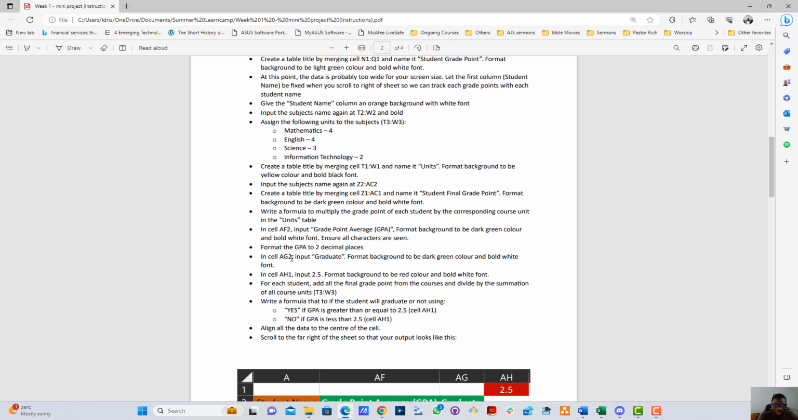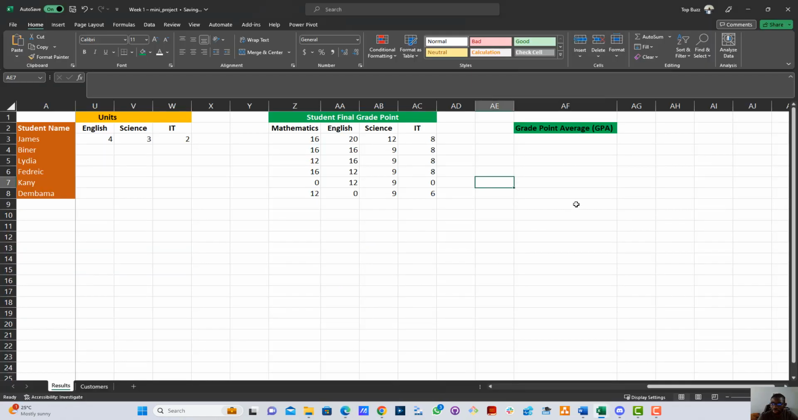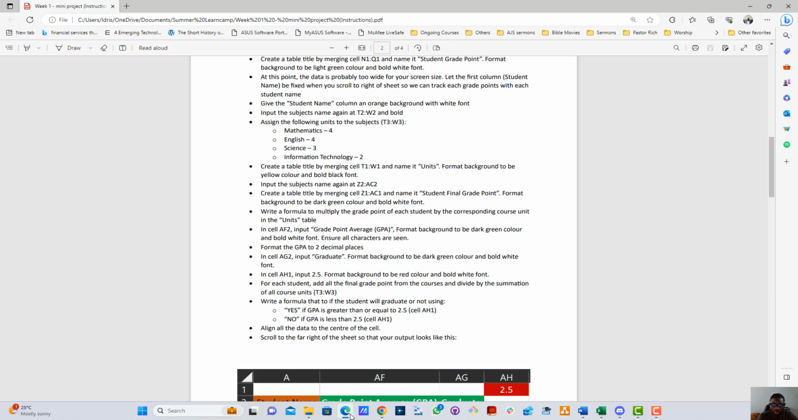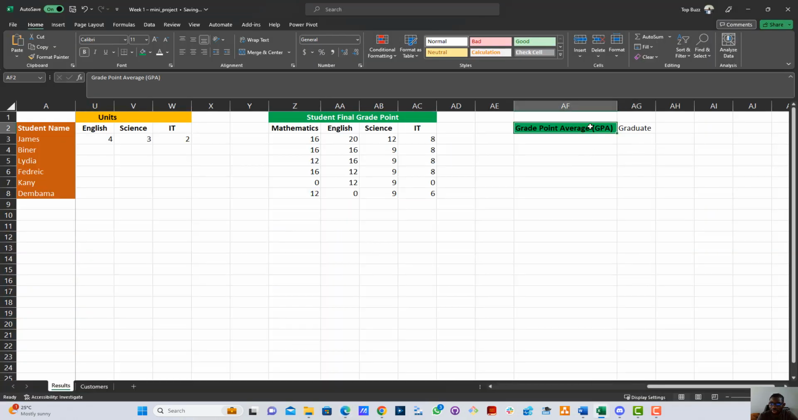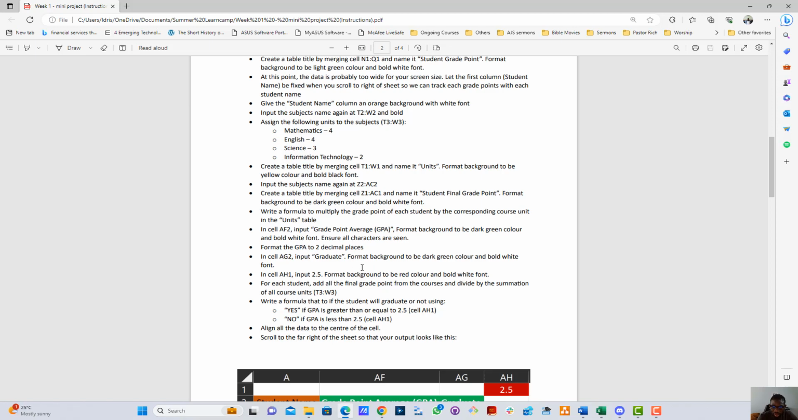So what we need to do now is in cell AG2 input graduate. So let's look for AG2. This is AG2 here. This is where we have graduate, and then we are asked to do what again? Format background green color and bold white. So the same format as this guy. Alright, so this guy is actually supposed to be white. So since it's the same format, instead of having to do it again, I can just use format painter. I already showed you that last week as well. So we have something like this, and then we can come over here to